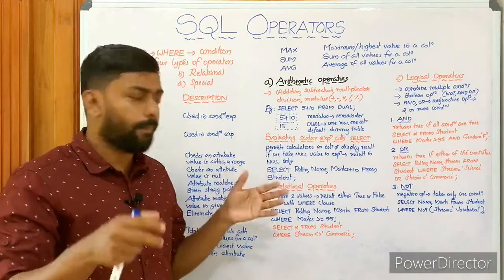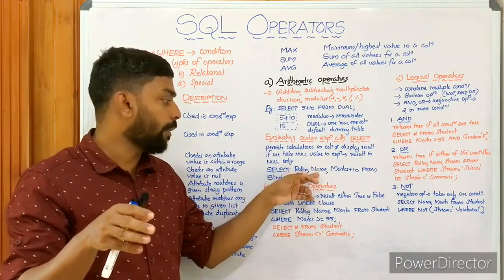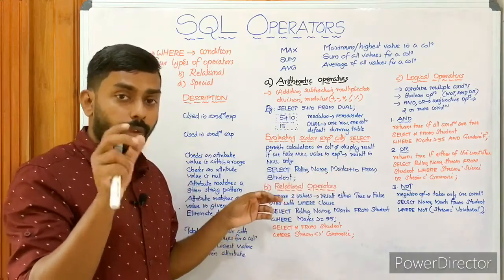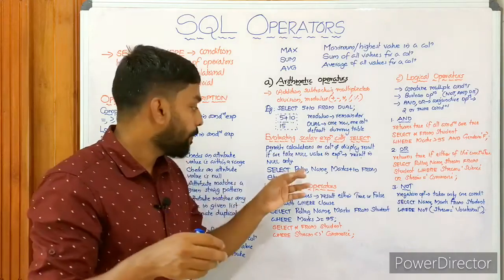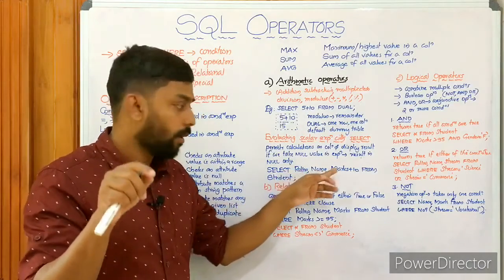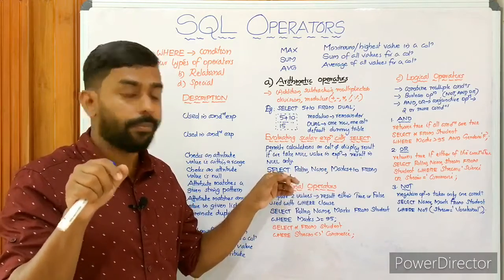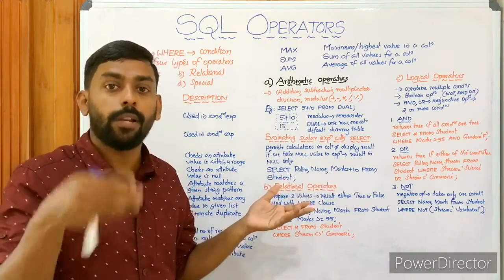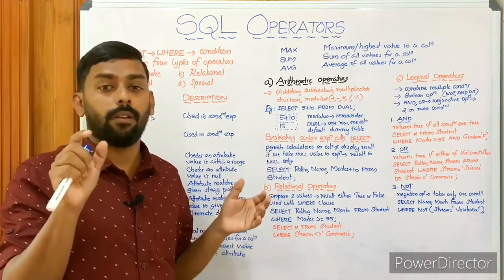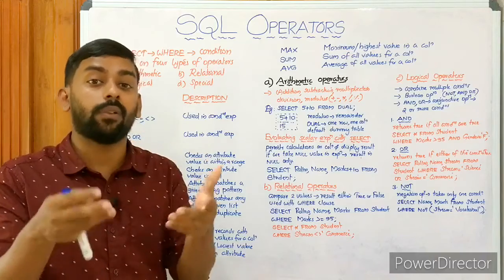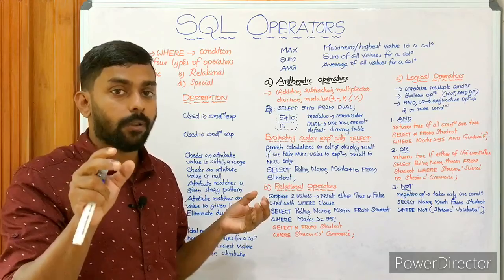From student, how does it work? Roll number will be printed, name will be printed, and marks plus 10. For example, we have 30 students. Then roll number 1, name Arun, marks plus 10. At present Arun has 90 marks, so it will be displayed as 100. We know it is just for display purpose. Select command cannot do anything to the physical structure. It is just for the display purpose.